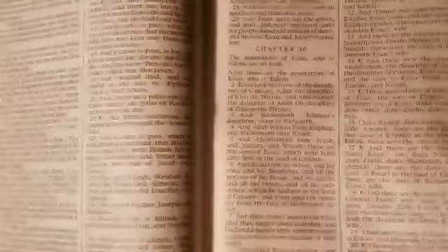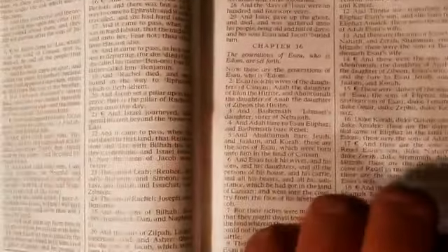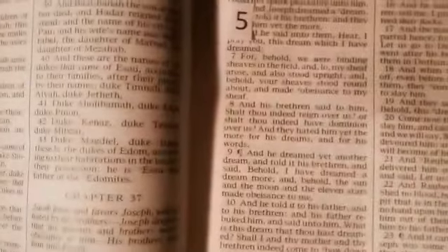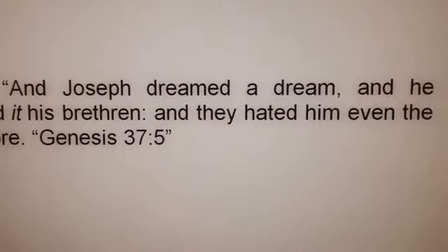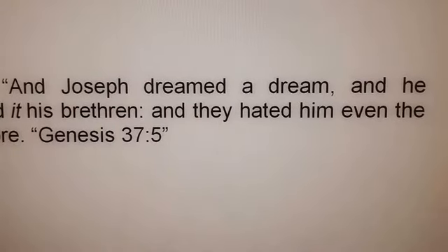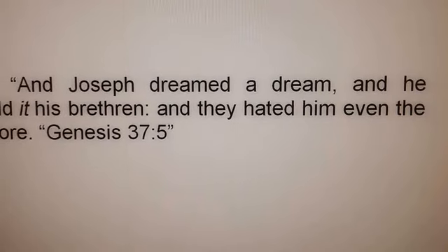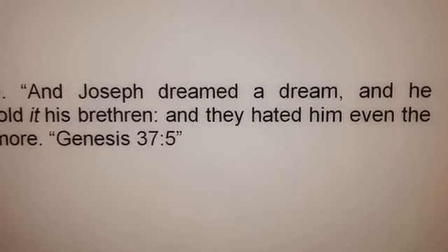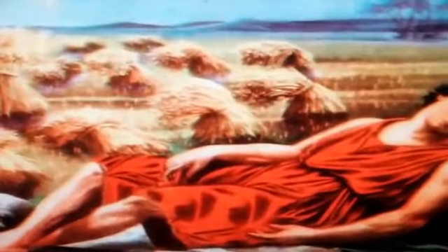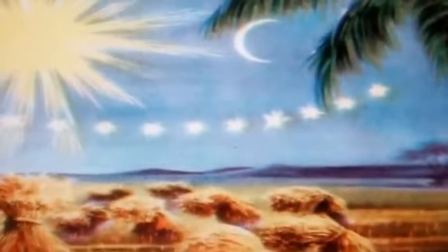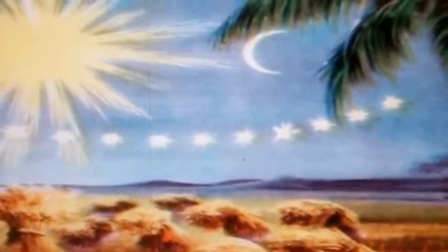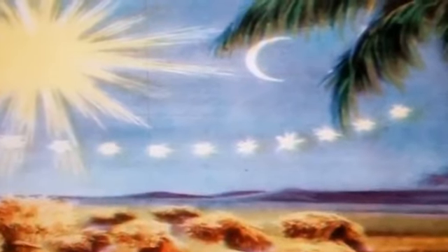If it does, then I know we're on the right track. Let's check. So Joseph Smith's clue is number 5. Is there a highly significant verse which starts out with verse 5 pertaining to Joseph? Absolutely, and it just happens to be the opening verse to Joseph's famous dream. "And Joseph dreamed a dream, and he told his brethren, and they hated him even more for it." Genesis 37, verse 5. Yes, Joseph's dream, associating the sun, moon, and stars with the heavenly bodies above during the creation period of Genesis 1,